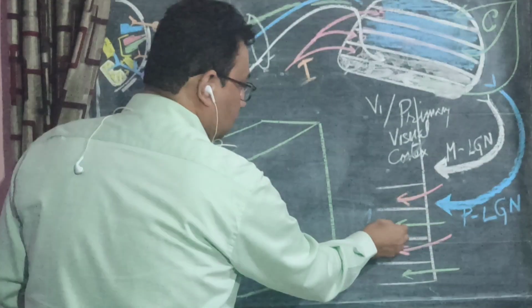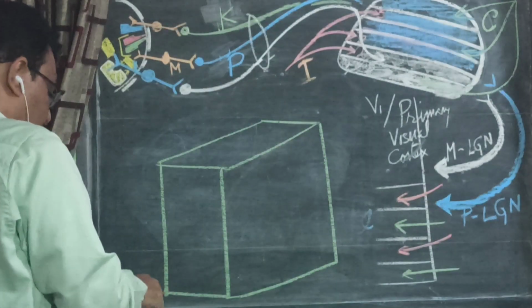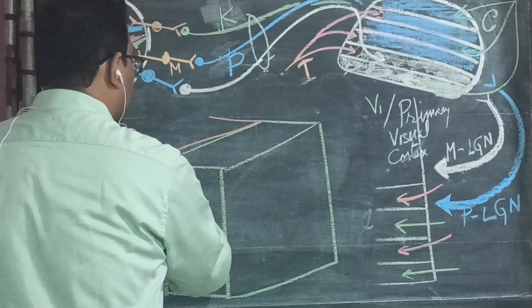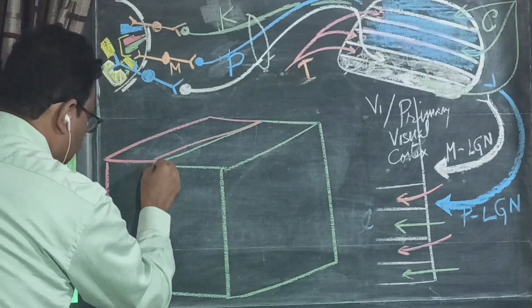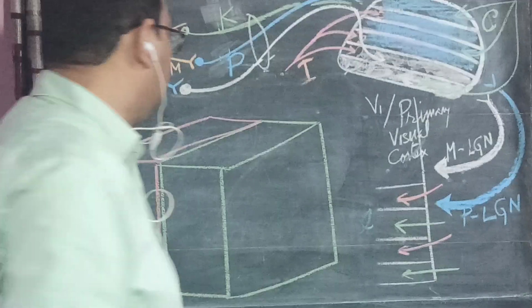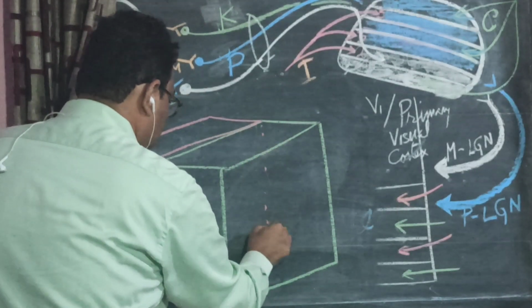So this is a contralateral dominant area. Let's draw another. Ipsilateral dominant area. Of course, in the solid